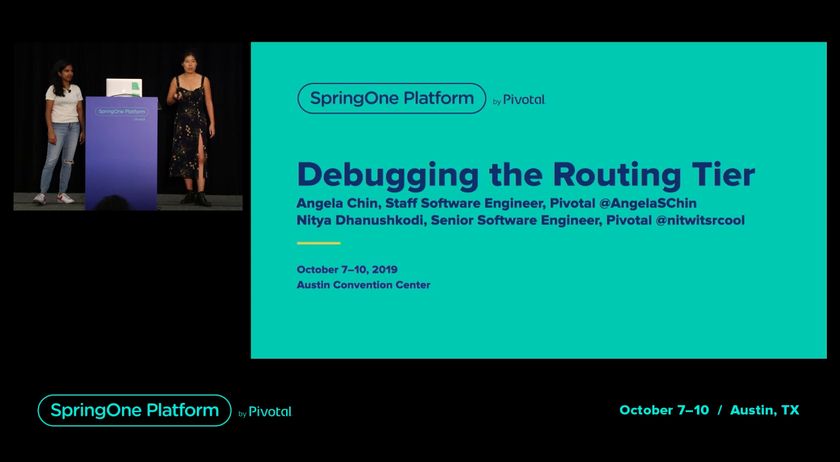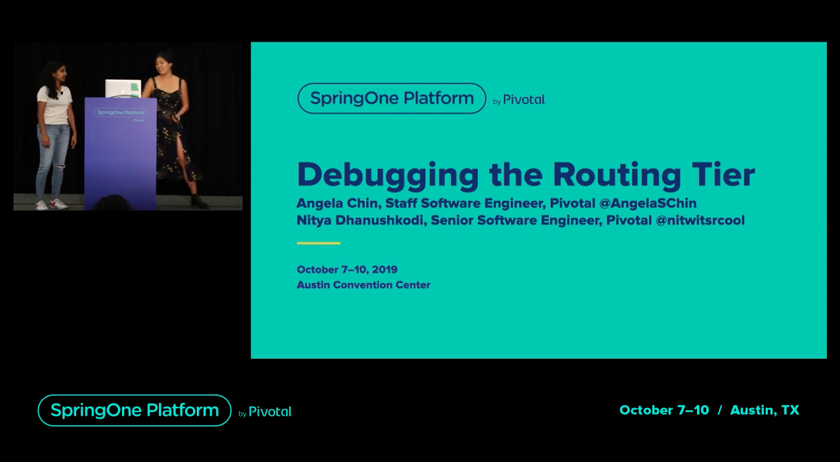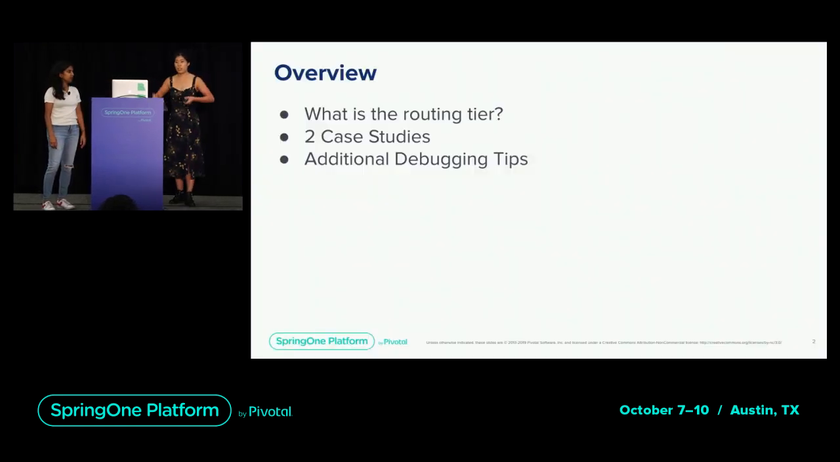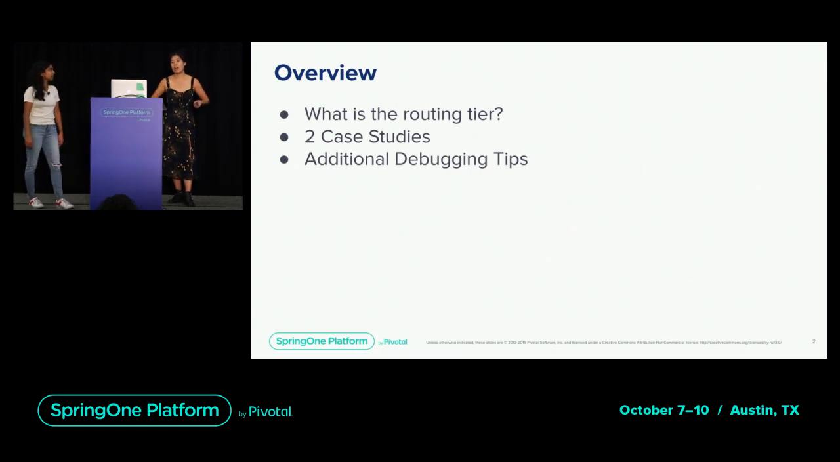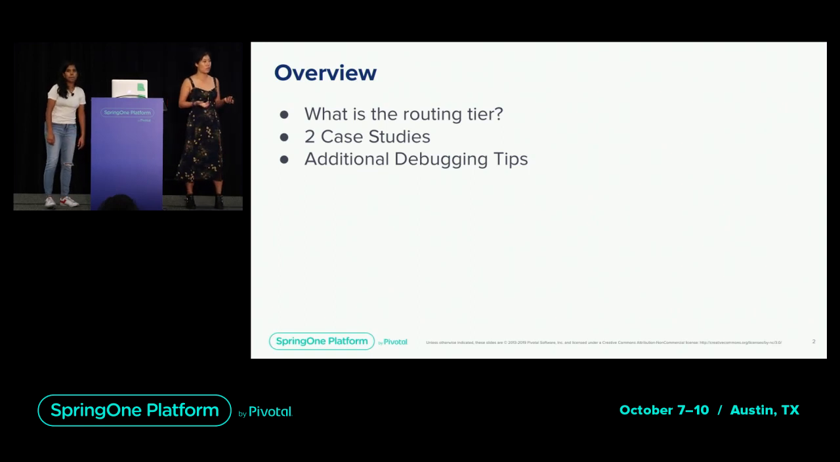So a brief overview of what we're going to be talking about today. We're going to start by talking about what exactly the routing tier is, so we all level set on what exactly we're referring to, the different components, especially because as we talk about debugging, it's important to know where things can go wrong. Before diving into two case studies of real issues that we've encountered as members of the networking program